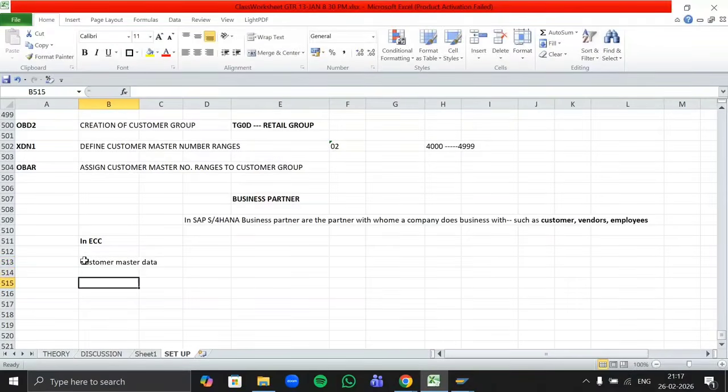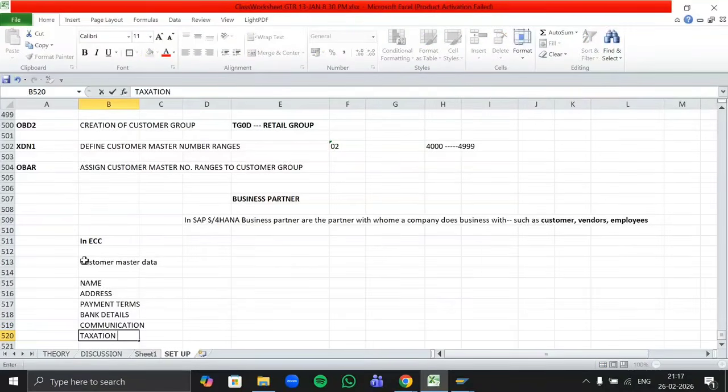Okay, in customer master data, Om is going to mention my company's name, address, then payment terms detail, their bank details, their communication details, their taxation details, right?